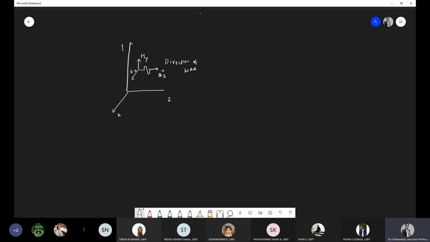Direction of a wave. So what are uniform waves? Uniform waves can be given as, say, if this is a plane, so if I take this as the x coordinate system, this is y, and if this is one plane,